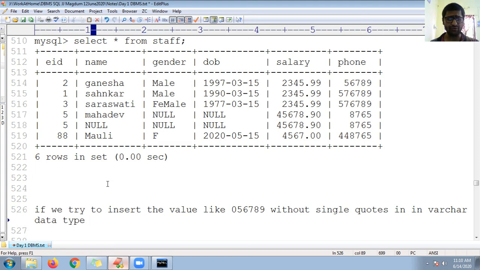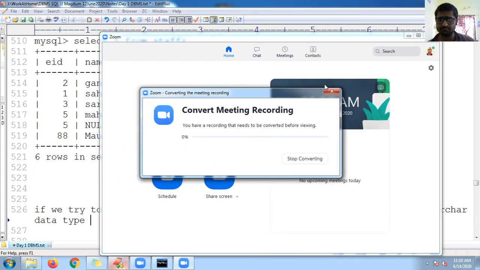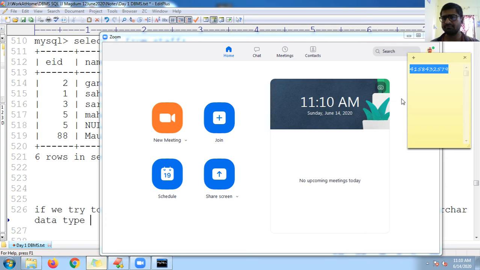If you try to insert the value like that in a varchar column, this problem occurs.